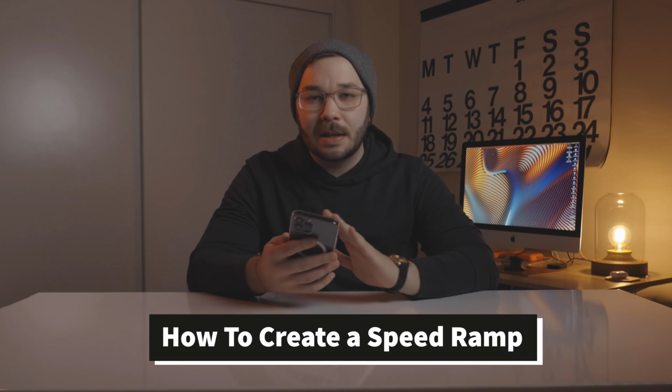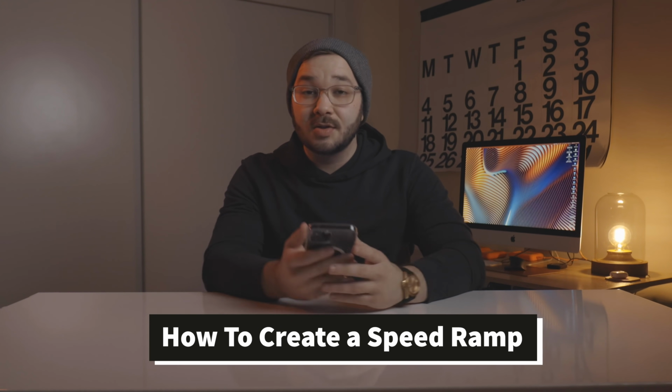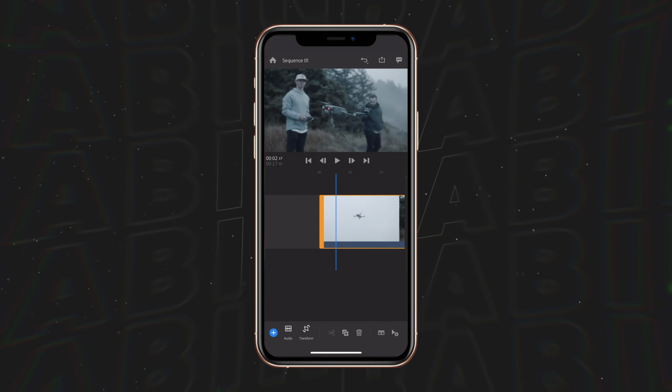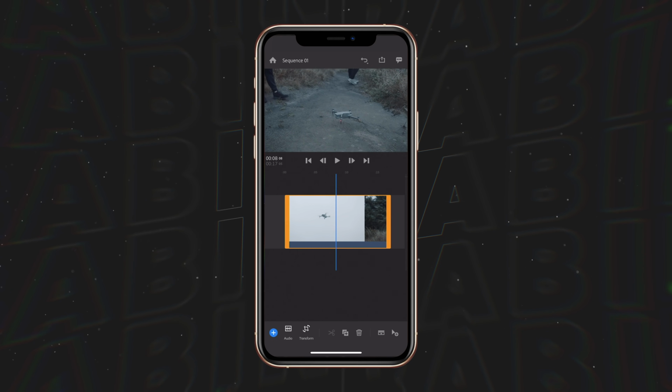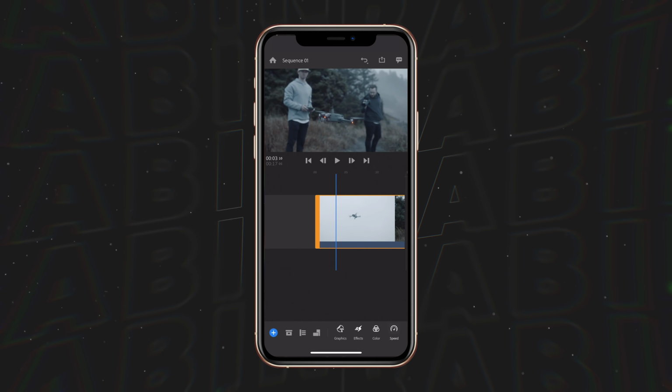Today's lesson is all about speed and utilizing speed ramping to add some emphasis onto a moment. If we take a look at this video clip that I have loaded inside of Premiere Rush right now, we've got this drone that's coming in for a landing. This clip happens really fast,